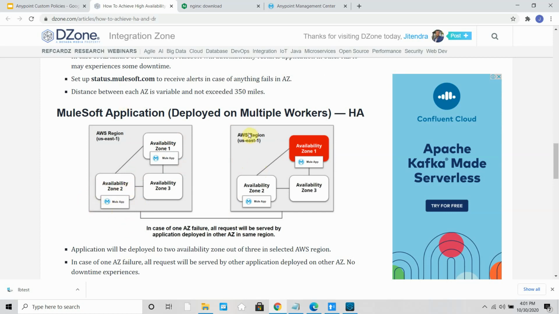Here we have an HTTP shared load balancer which automatically does the load balancing. So if one of the availability zones goes down, your request will be served by zone 2. In between, zone 1 will move the application to zone 3. So there is no downtime experience, because your application is still on zone 2. Zone 1 is down, but zone 2 can fulfill the request.